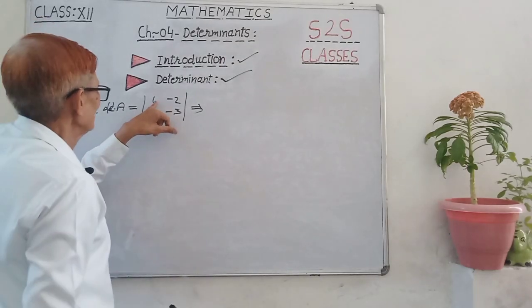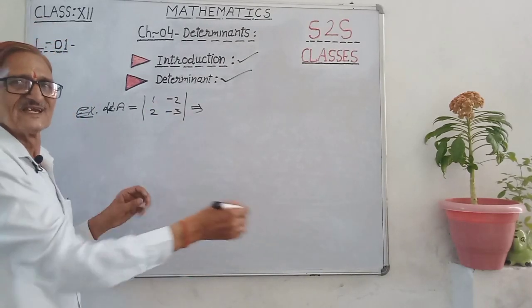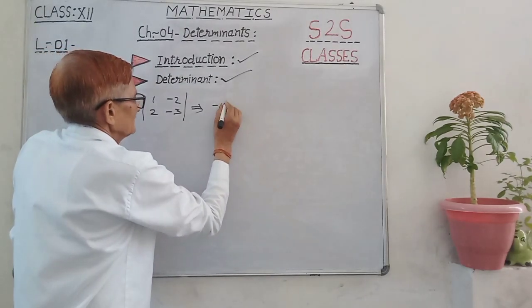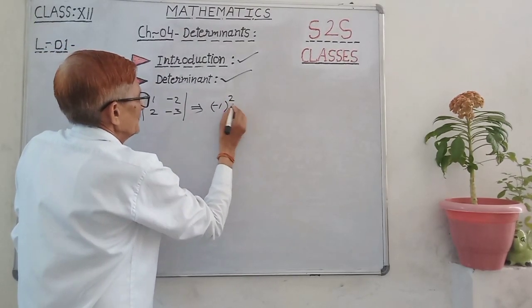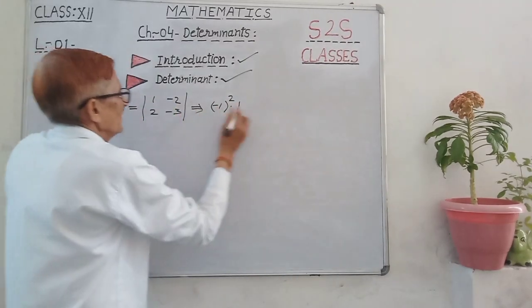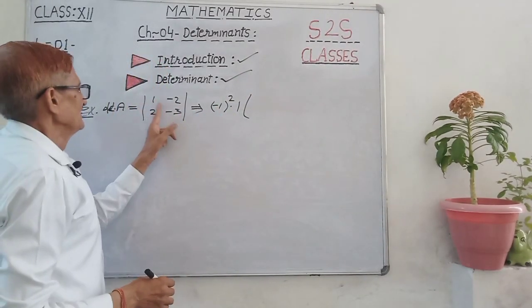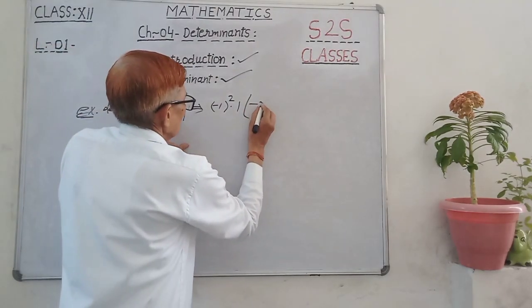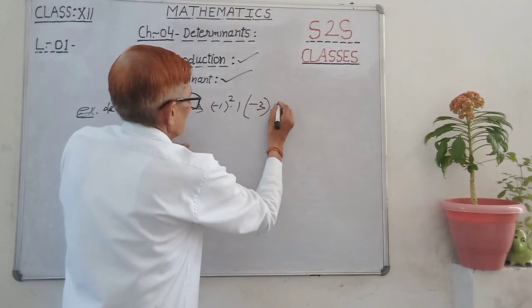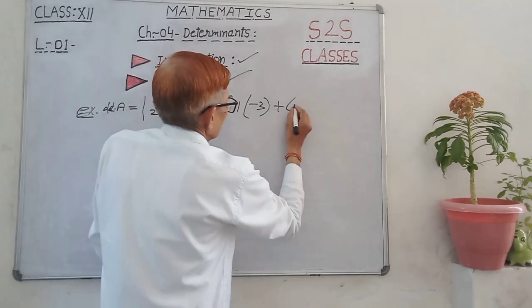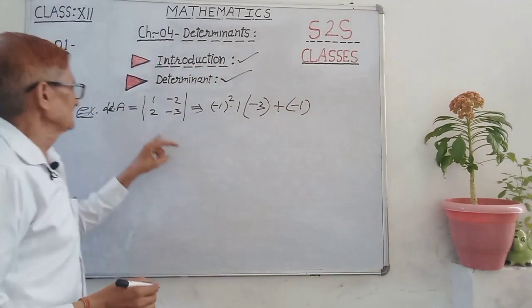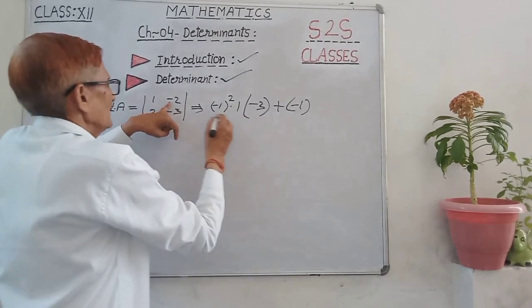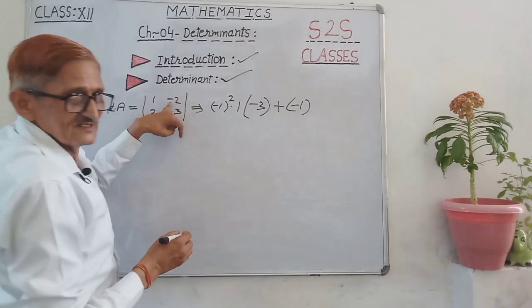First element, beta, a11: (-1) to the power i plus j, so (-1)^(1+1), times the element 2, into this. Along this, the column and row cancel, so only minus 3 remains. Okay beta, and plus (-1)^(i+j) for the second element, along R1 I am expanding, the element is minus 2.